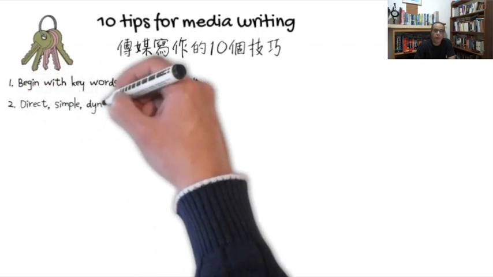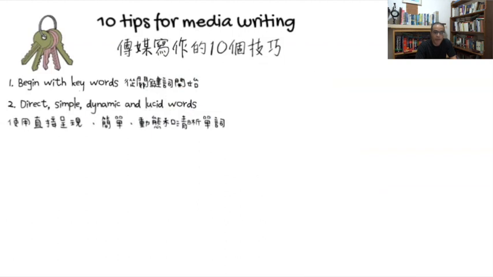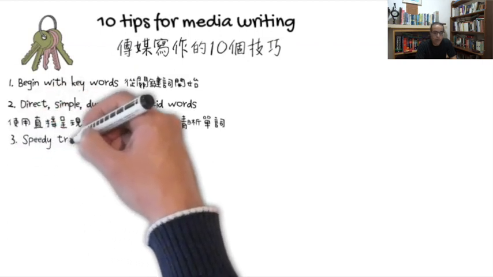The second tip: always use direct, simple, dynamic, and lucid words. Don't use complicated and complex sentences. Always use the shorter, the simpler words. Use easy language, easy structure of sentences. Don't complicate things for yourself and for your reader. The third tip is